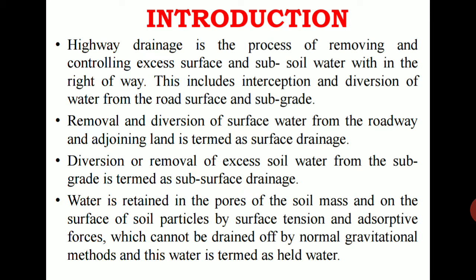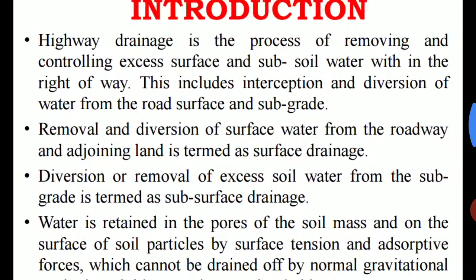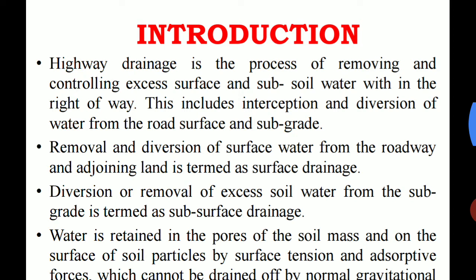So here the movement of water, that is whatever the surface water will be there, and then after the rainwater might be some part of the water which may come and join to that particular road surface. So here not only the rainwater, we can also call it subsurface water, right? Whatever water is going to affect the right of way, we need to drain off, so that particular system we can call the surface drainage.